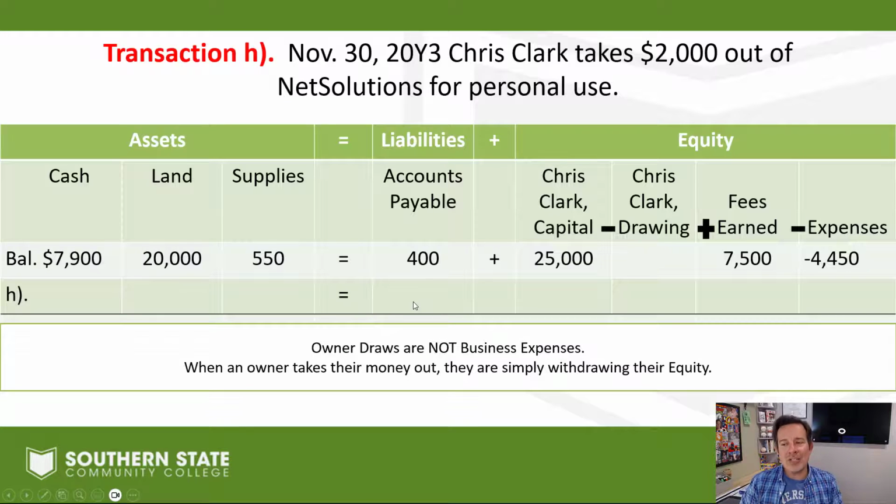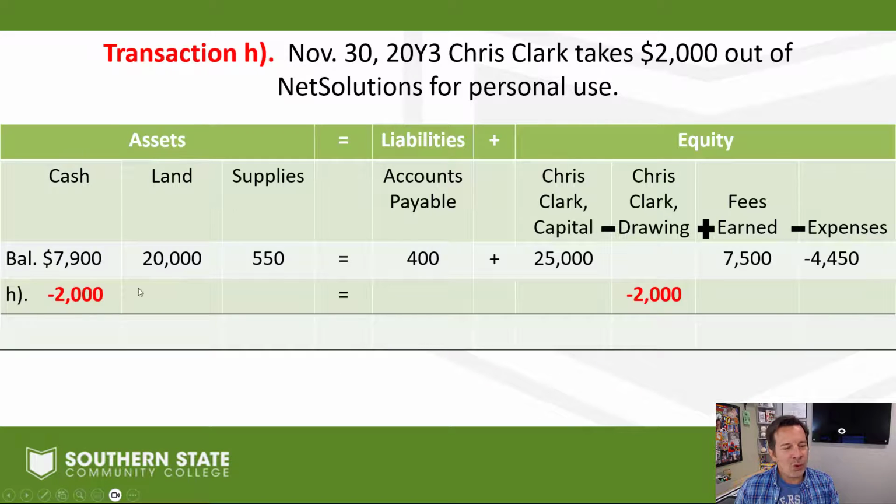Owner draws are not business expenses. All right, I'm not going to account for it in the expense category here. I'm going to account for it as a draw. Owner puts money in, it adds to capital, they take money out, it's a draw. $2,000 out the door from the cash account, and we see a negative $2,000 coming on the equity side, subtracting